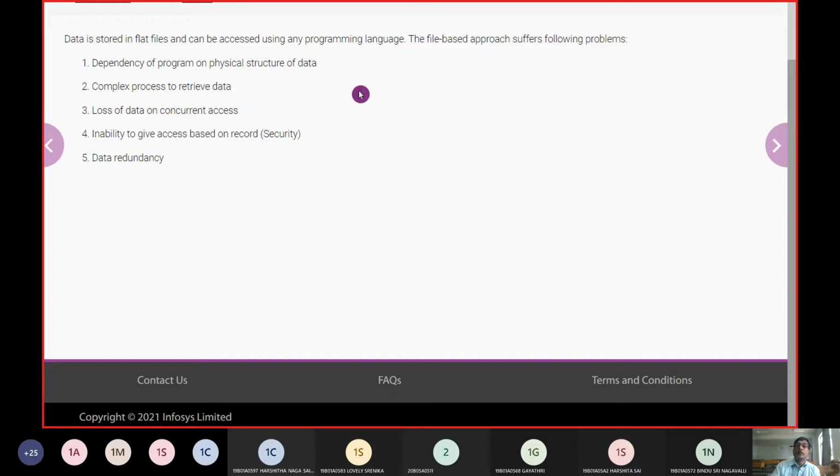So this was the thing what we have discussed earlier in the file management system. So when the file management system was taken up, it is called as a file-based approach, and the things are taken up with the flat files. So flat files are the things which we are going to save in general in .csv, comma separated values, or it is saved in .txt text file or .dat data file, and thereby they are going to be worked in a sequential manner.